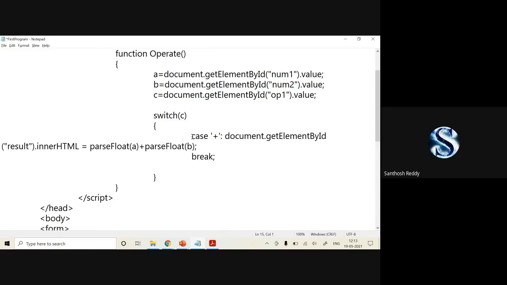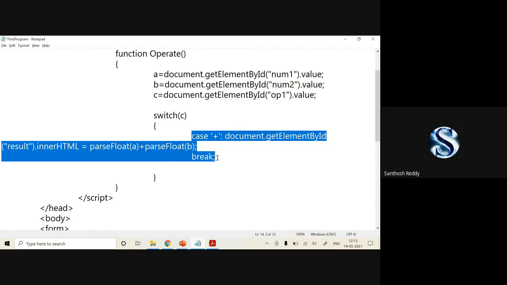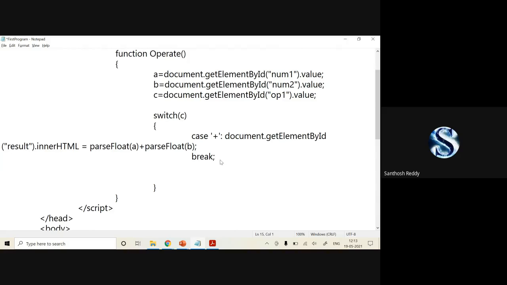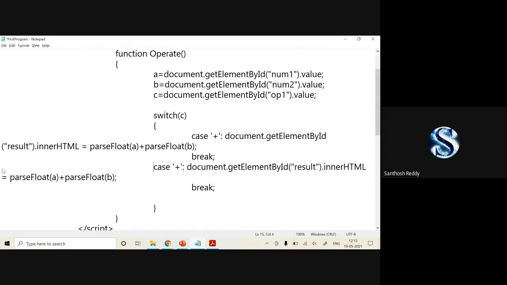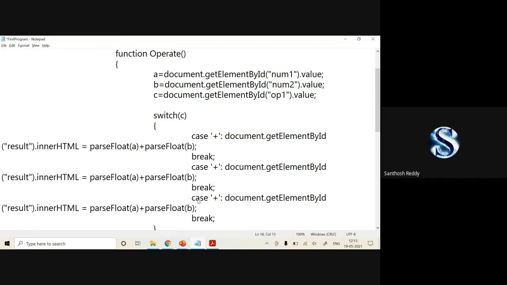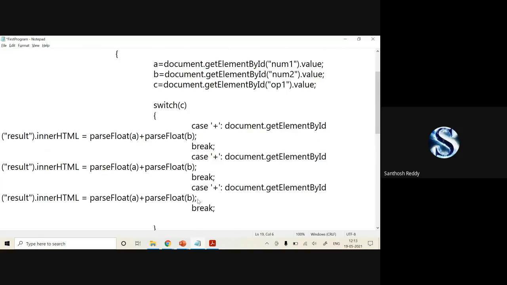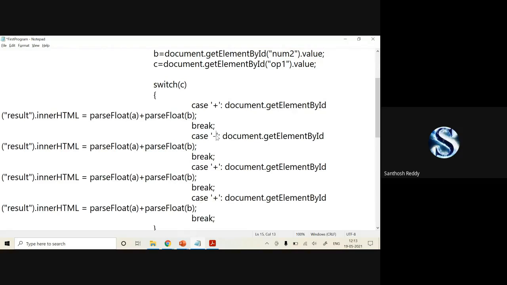Next, the same thing has to be performed for all the operations. Now you have to change the symbols: here it needs to be minus, here the multiplication has to be performed, and here the division has to be performed.